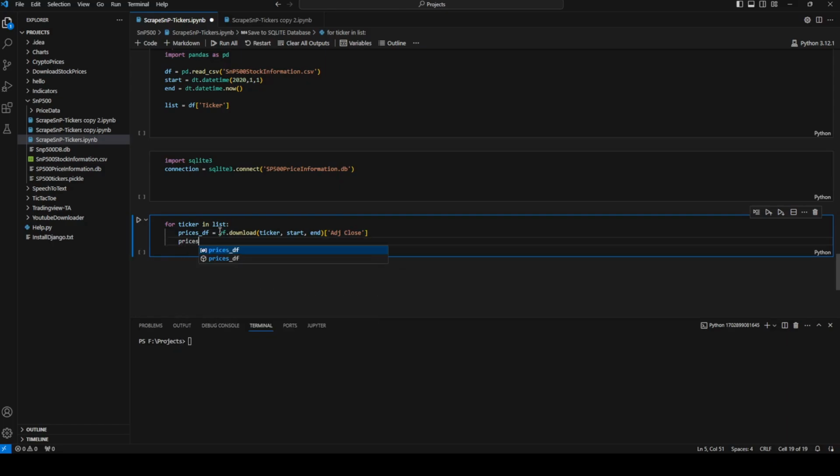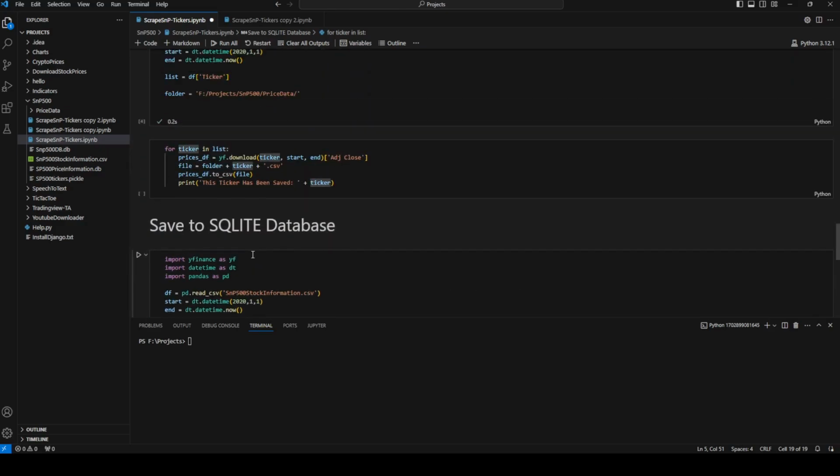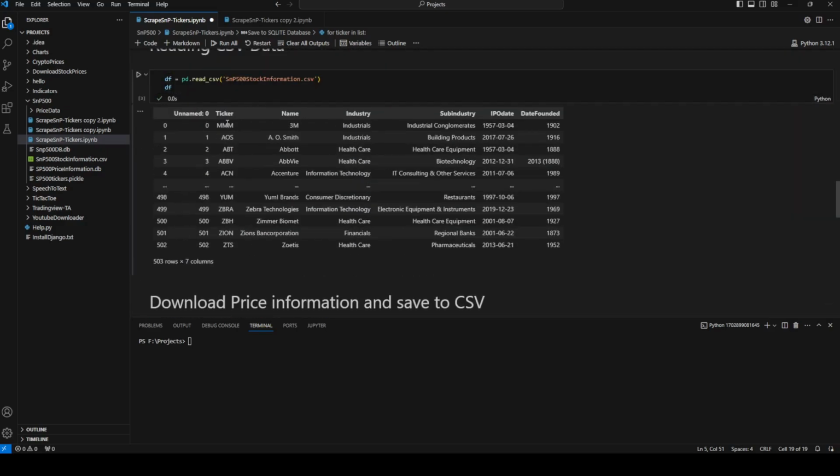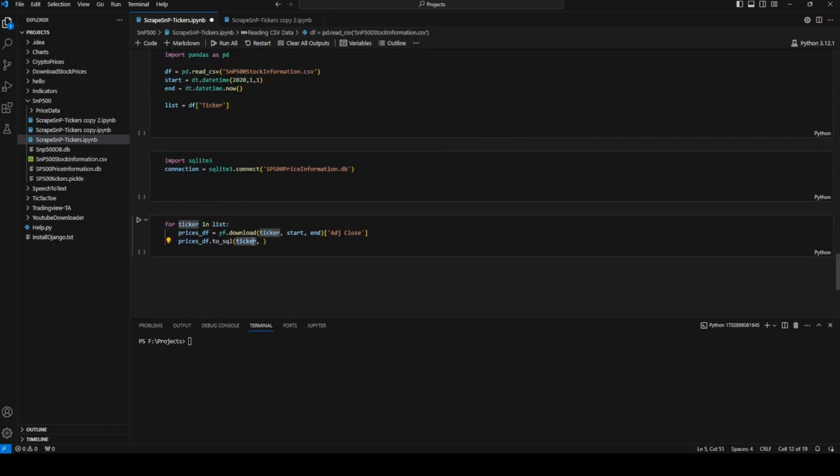And then I'll say prices_df.to_sql. So we'll save it to the database, and I will pass in the variable ticker, and this is the table. So for every ticker, it's going to create a table. So it will create a table MMM, it will create a table AOS, ABT, ABBV, and it's going to save that into our database. I will pass in the connection variable, and I will pass in if_exists